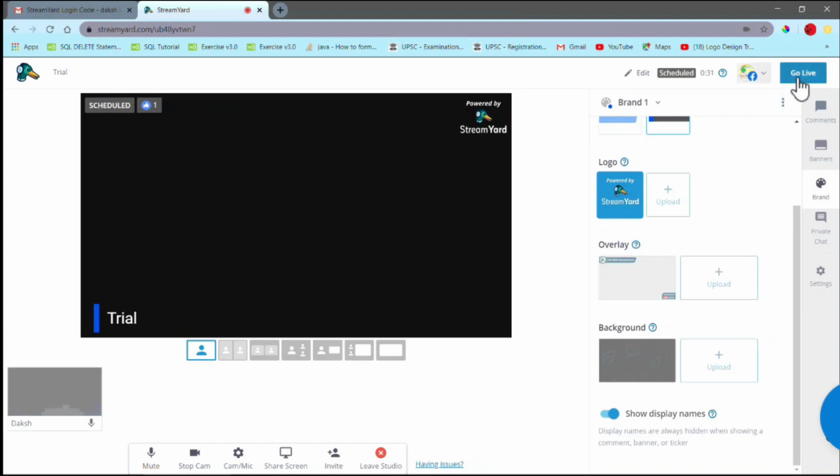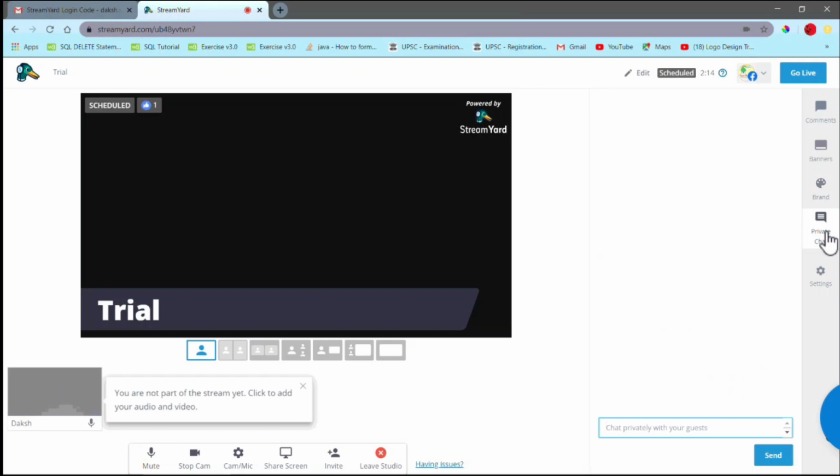On this page, in the right corner, you get a button to go live. When you click on go live, this will directly take you to the page that you have selected earlier to go live on. So now you are live. And if you want to end the broadcast, you simply need to click that red button which shows end broadcast. This will take you off the live stream and you will be back to this page. On the right side, you will have a private chat box. The private chat box is for the people who are in the stream. This will allow you to talk to your panelists internally. None of this talk will be shown to anyone.